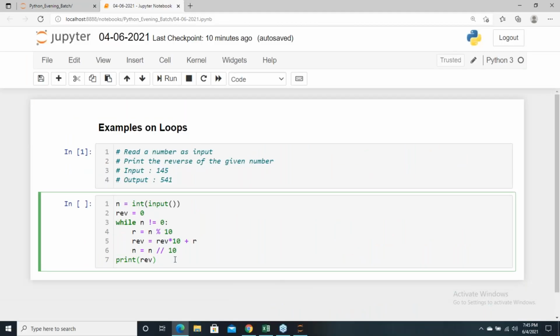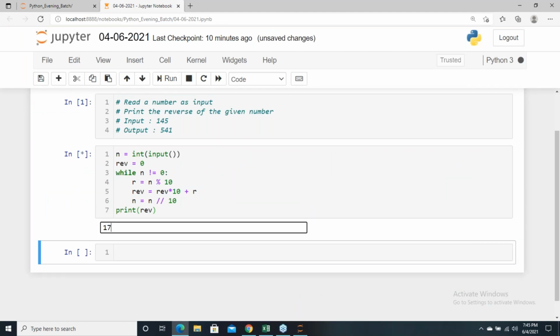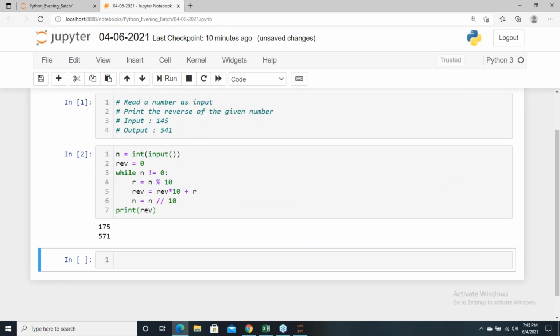So in this reverse value, what we are expecting as output is, let's say, 145, we are giving as an input. Sorry, 571. So we have given 175. 571 is the output. It's a single number. Remember that it's a single number. Based on this,